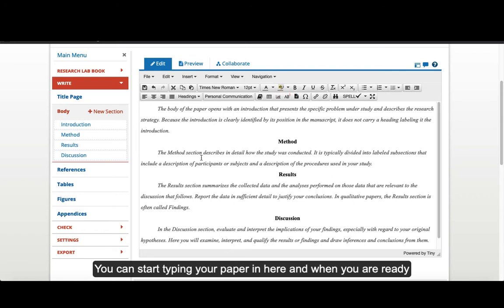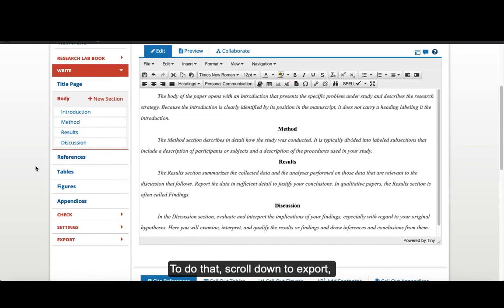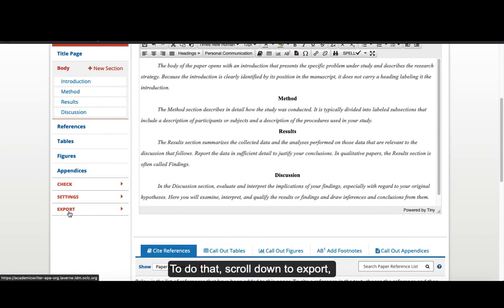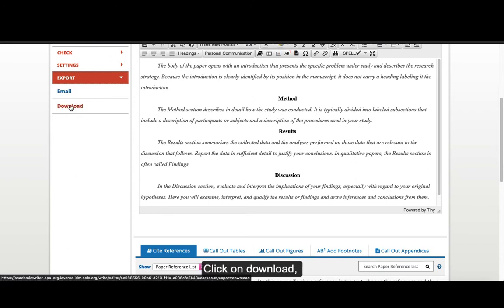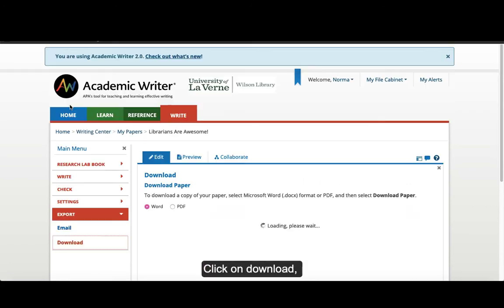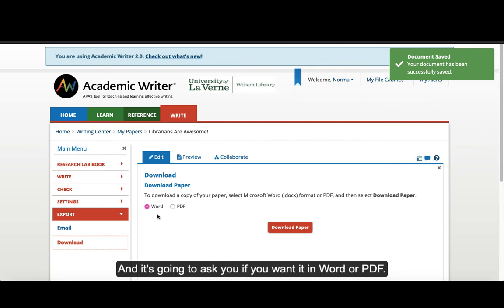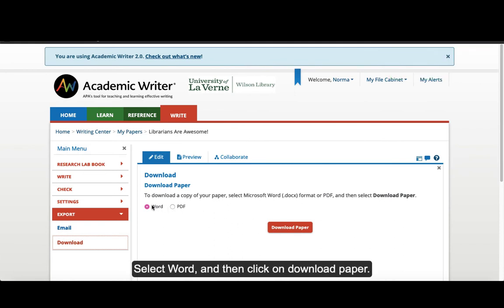You can start typing your paper in here, and when you are ready, you can transfer the paper over to a Microsoft Word document. To do that, scroll down to Export, click on Download, and it's going to ask you if you wanted it in Word or PDF. Select Word, and then click on Download Paper. From that point on, you will have the Word document ready for you, and it will be formatted in APA